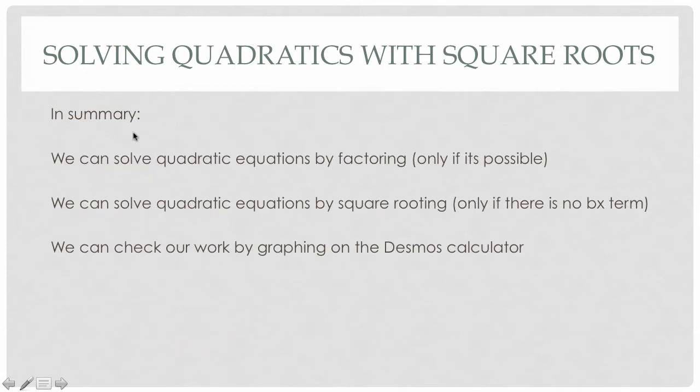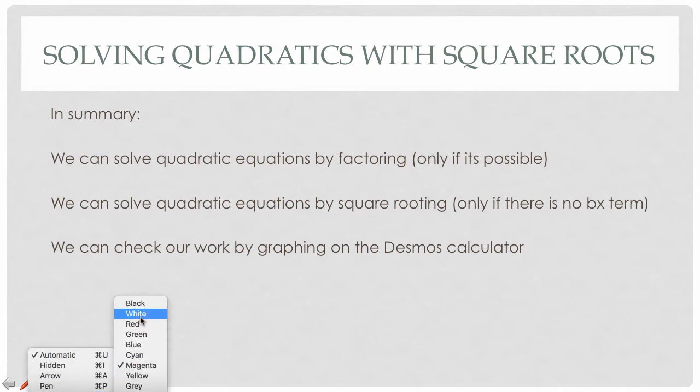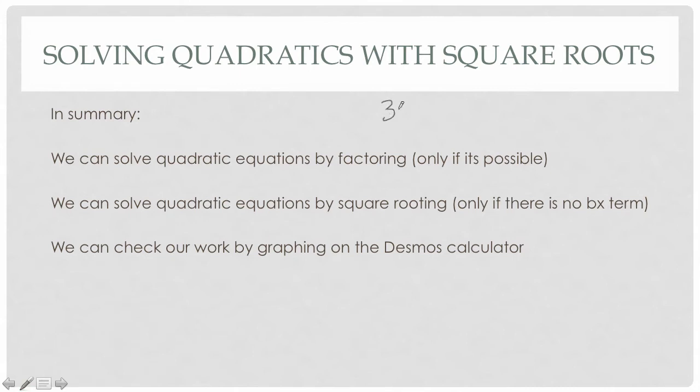So in summary, we can solve quadratic equations by factoring, only if it's possible. Sometimes you just can't factor it, you just can't get it there to be factored, but you can at least try. We can also solve quadratic equations now by square rooting, taking the square root of both sides. However, you probably noticed this only works if there's no bx term. What I mean is, if there's a variable squared, there are no other variables around that are not squared. For example, if I had 3x squared plus 4x equals 10,